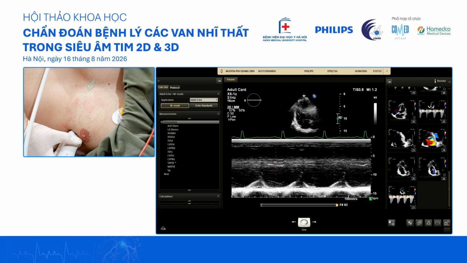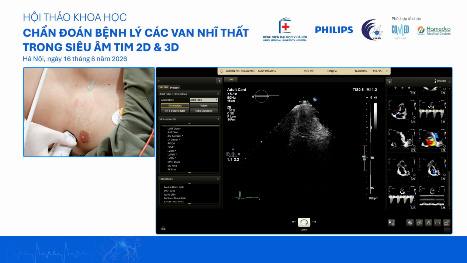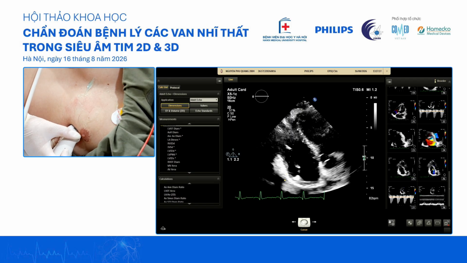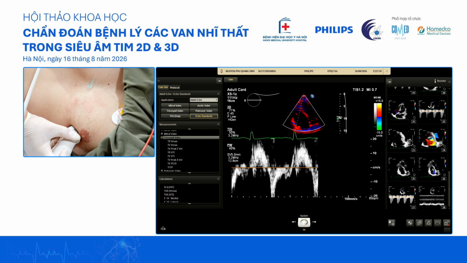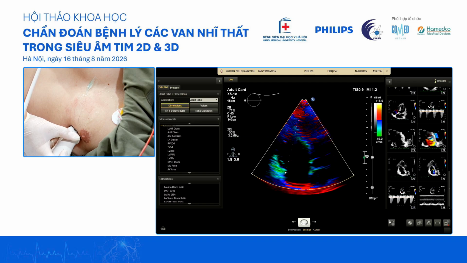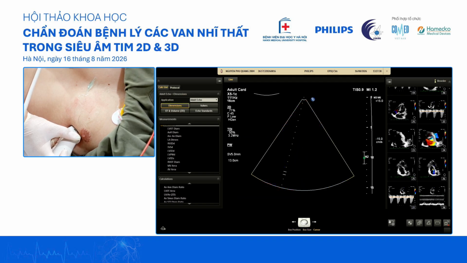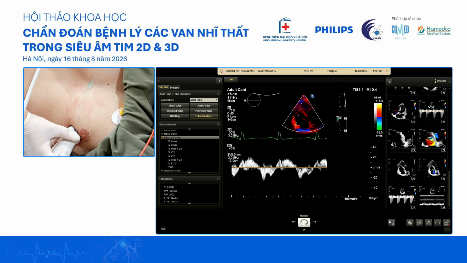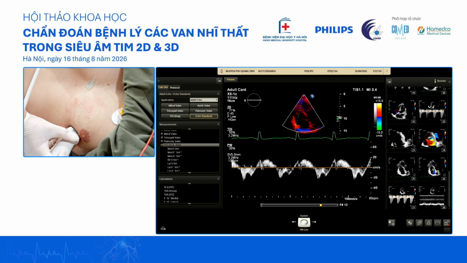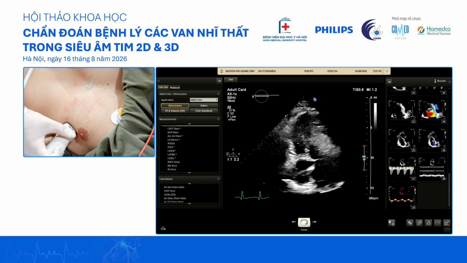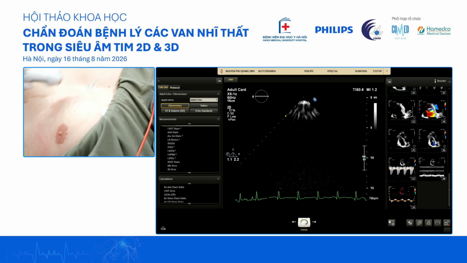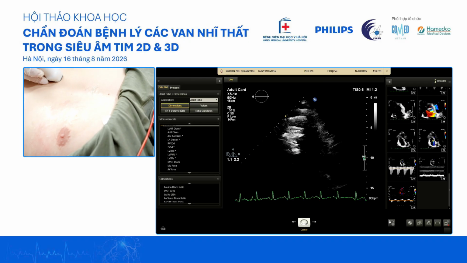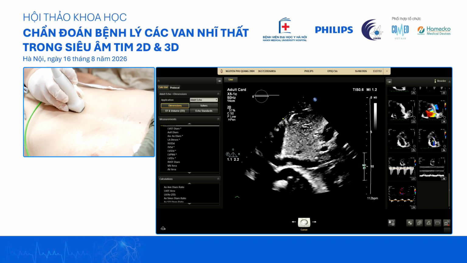We will take a TAPSE as well as a TDI, tissue Doppler of the RV annulus. Đo TAPSE và siêu âm Doppler mô của vòng van ba lá. And then we will finish this study by looking at the IVC and the hepatic vein. Và cuối cùng là chúng ta sẽ đánh giá tĩnh mạch chủ dưới và tĩnh mạch gan.